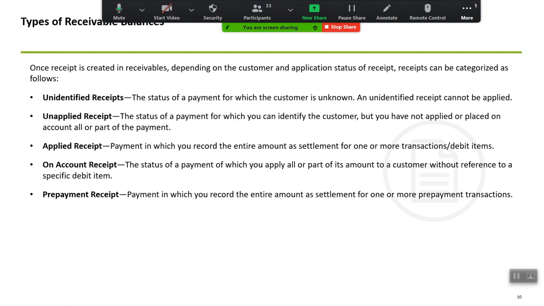So you can give an accounting entry code combination to unidentified receipt, an account tag to unapplied receipt, an account tag to applied receipts, and a specific natural account tag to on account receipt.